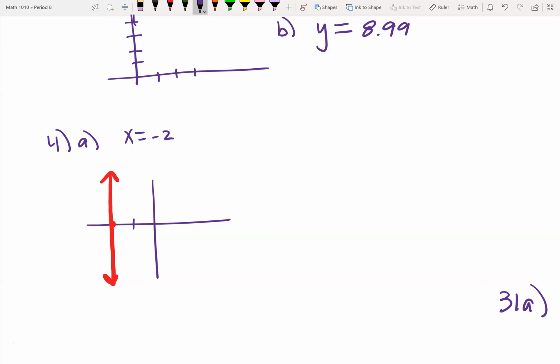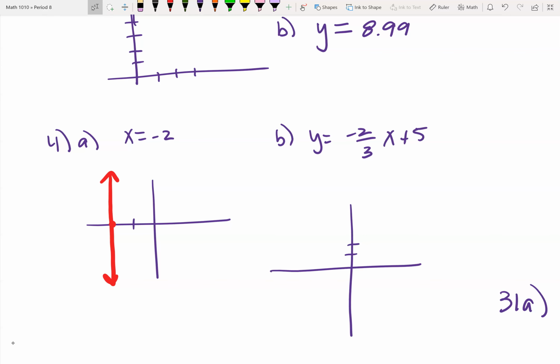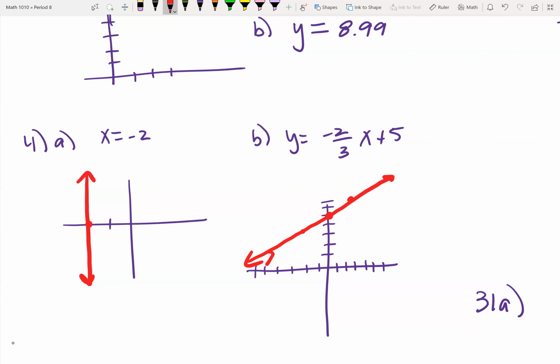Okay. Question B, y equals -2/3 x plus 5. So go up 5. Up 5, make a dot, and then up 2 and right 3, down 2 and left 3, and there's your graph. Okay. Question 4a, is it a function? No, it's not. It doesn't pass the vertical line test, and B is yes, it is. Okay, question 5,